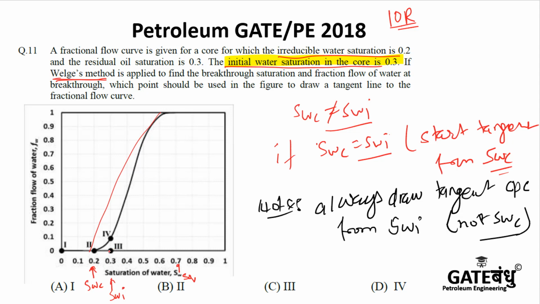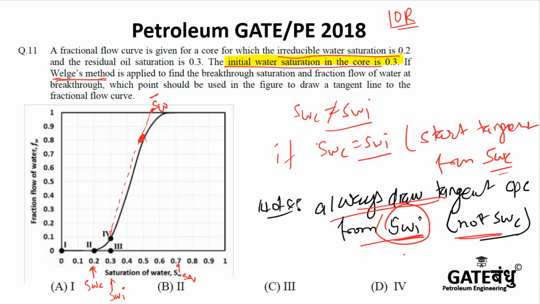So what will happen is, from this 0.3 the corresponding point is 0.4, and let me erase this previously drawn line. If you draw a tangent from here, the tangent at this point gives us SW bar, which is the average breakthrough water saturation reached throughout the flooded zone. The notable point, I will again repeat, is that you always draw the tangent from SWI,